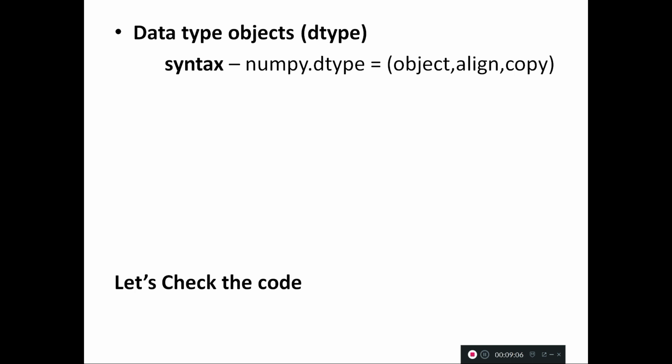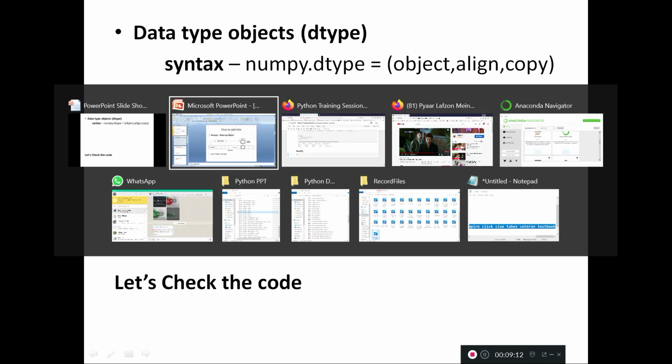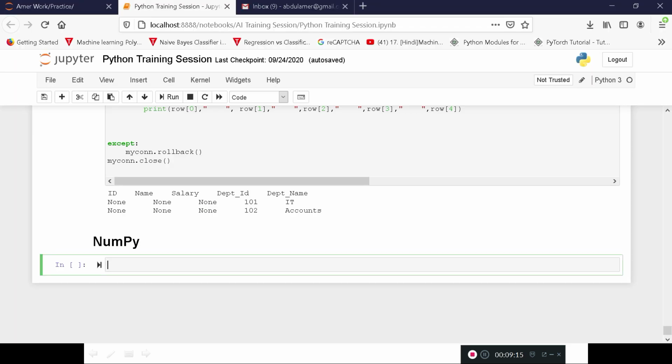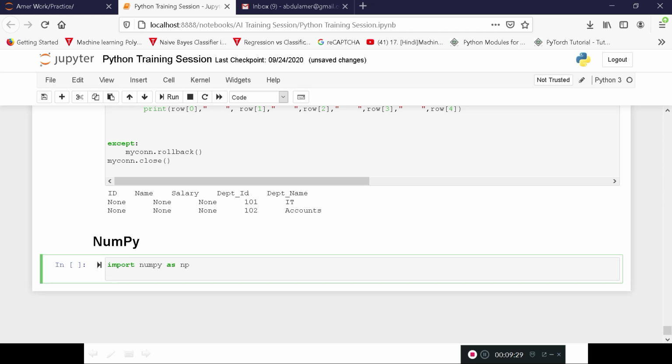So let's take this small example here. It's not a big one, but we can talk about a small example to understand. First, what we have to do, we have to import NumPy as np, right? And a is equal to np dot array,